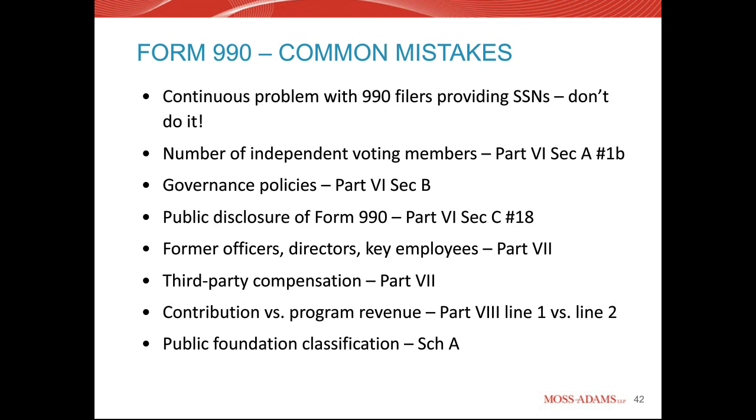Next item is a revenue item, Part 8. This is contribution versus program revenue, and this has implications not only for reporting in Part 8, but also for passing your public support test if you're a public charity. So contribution revenue is reported on line 1. Program revenue is reported on line 2 of Part 8. And an example of where this can get confusing is